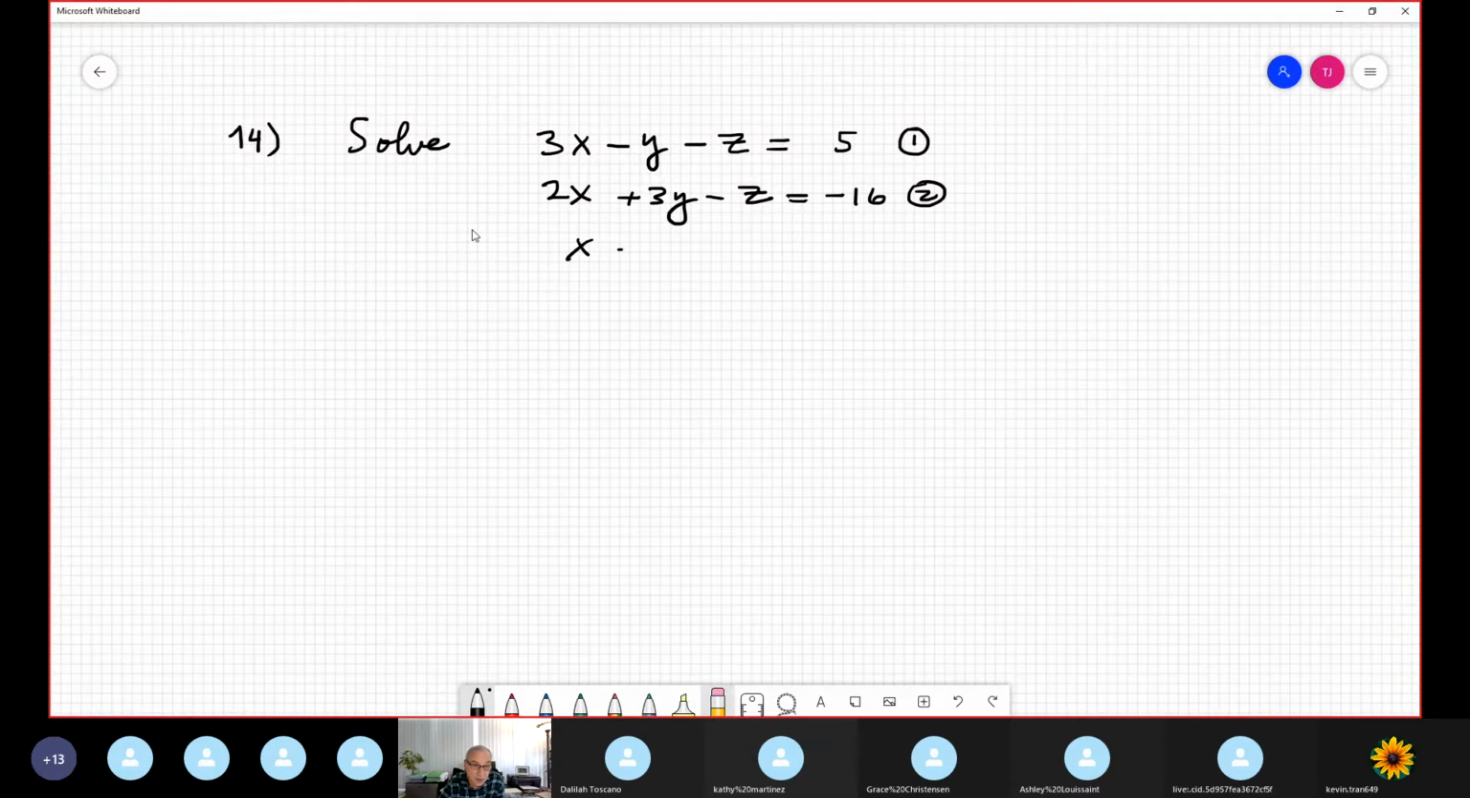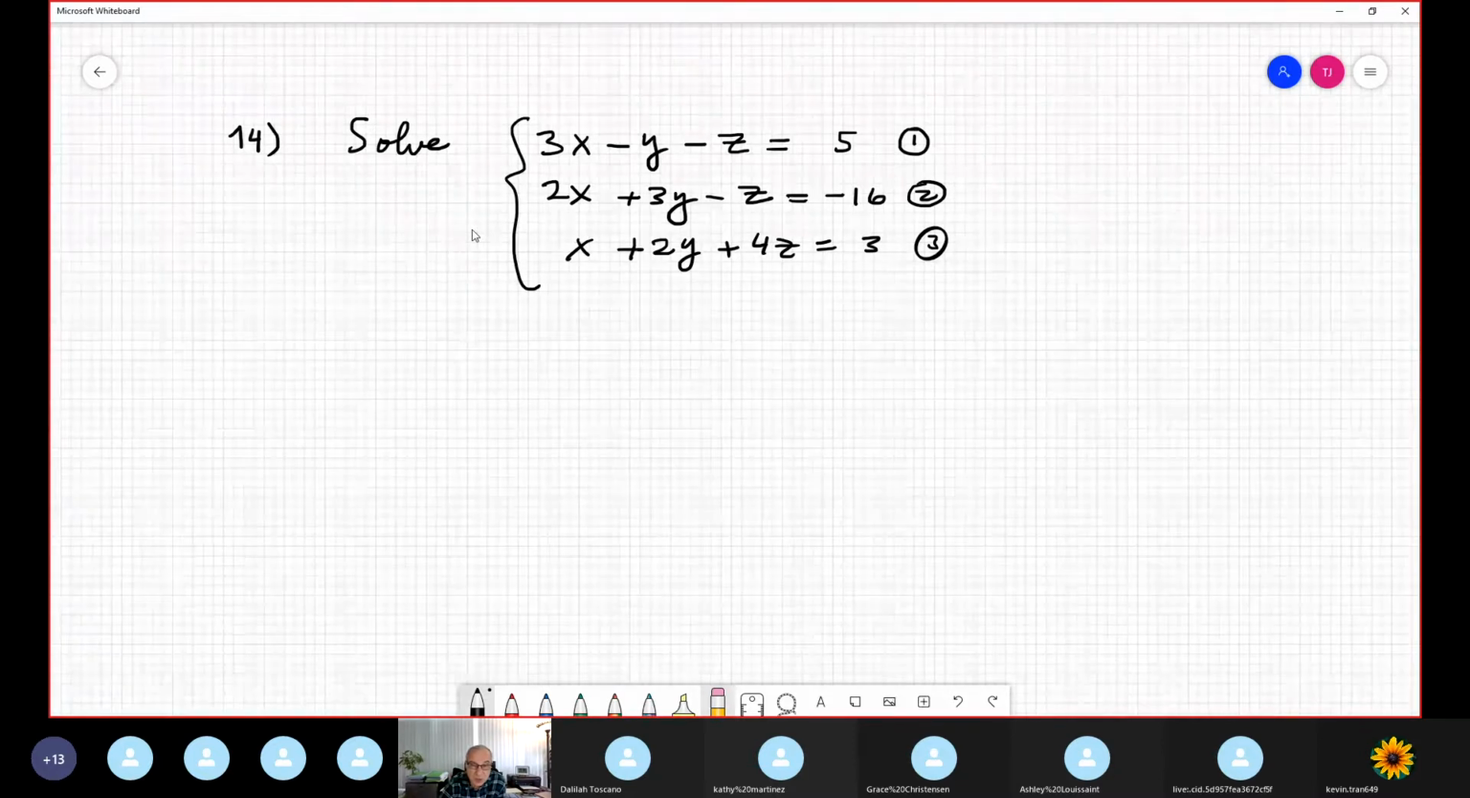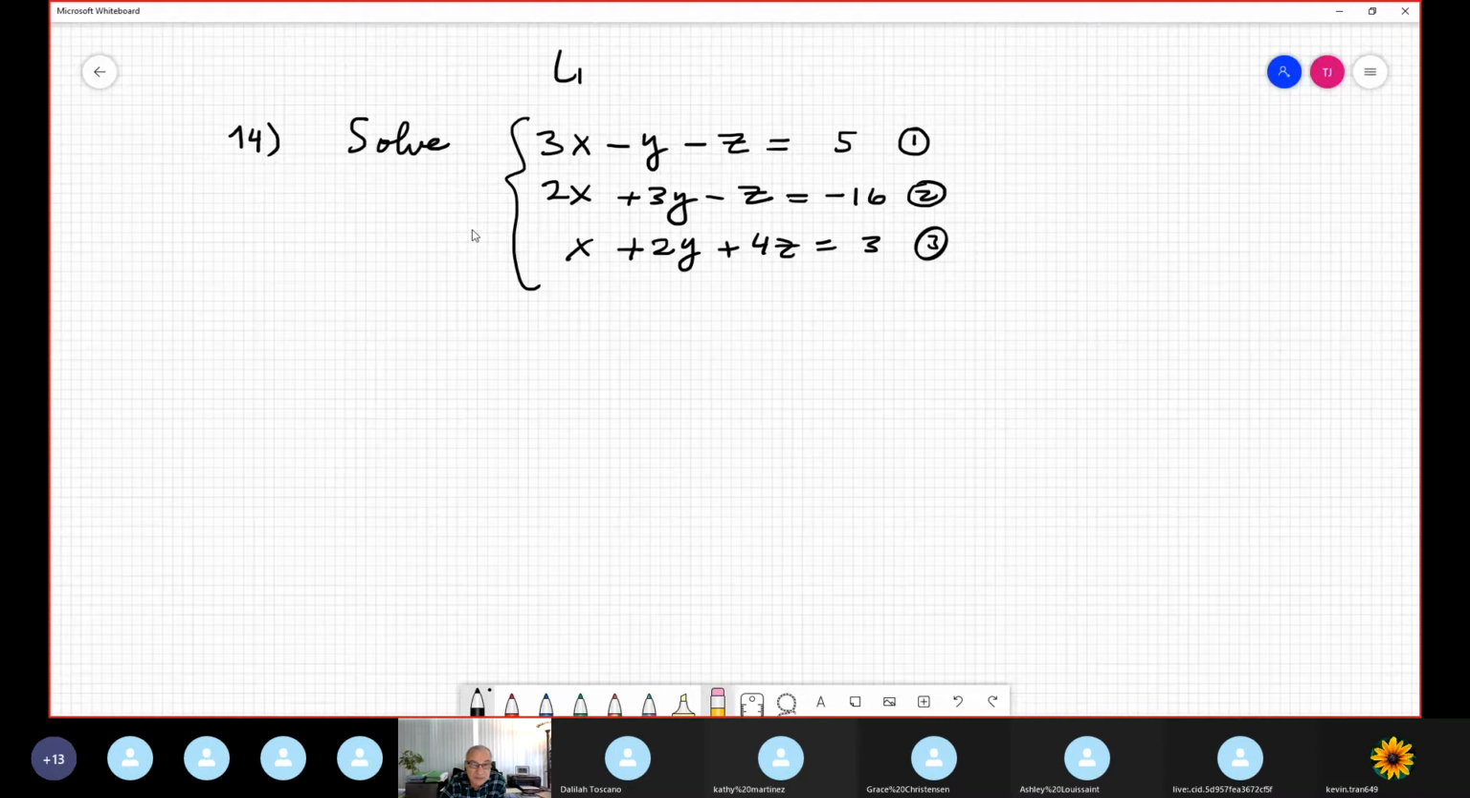Okay, and this, everything together is considered equation 3. This number I put inside the circle represents the number of the equation: equation 1, equation 2, equation 3, because it's important when I want to manipulate the system,